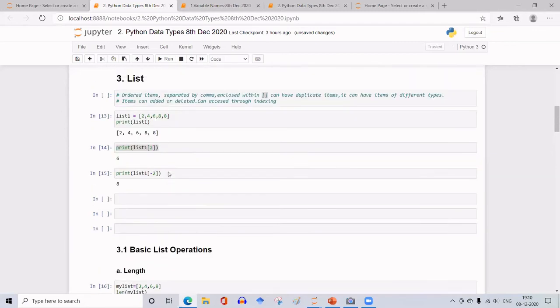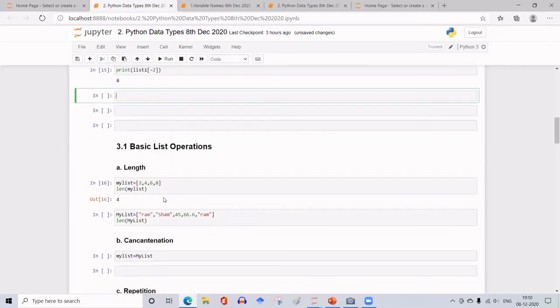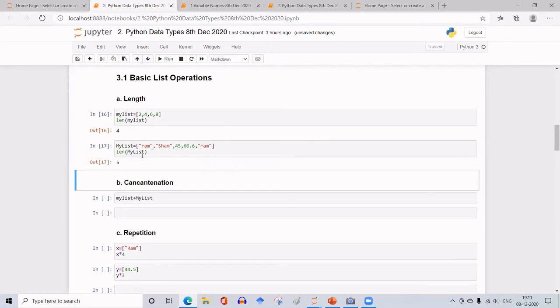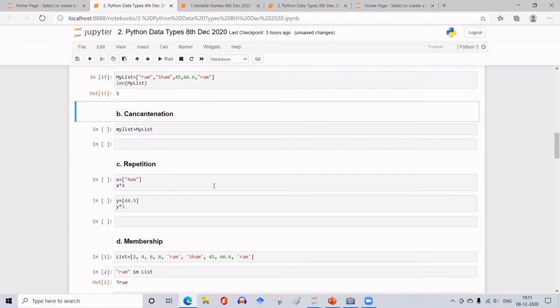Similarly, here I did not give the mixed list. No. Okay. Anyway, it's here. My list, I have created a list with string, integer, and float values. And one of the strings is repeated also. Okay. So what is the length of this list? Repeated items are also taken as separate items. So length of this list is 2 + 2 + 1, that is 5. Okay. So when I execute this, I'll get it as 5. So next operation on list is concatenation.